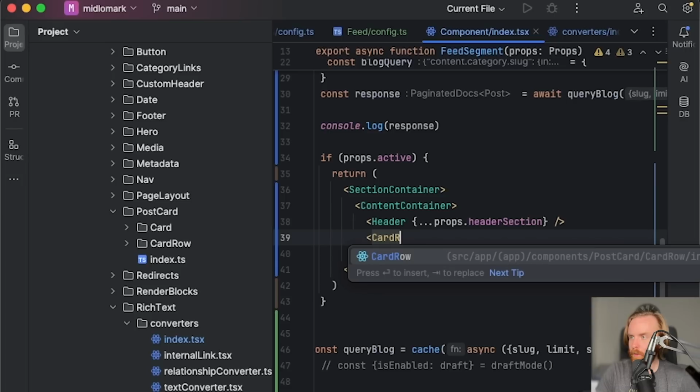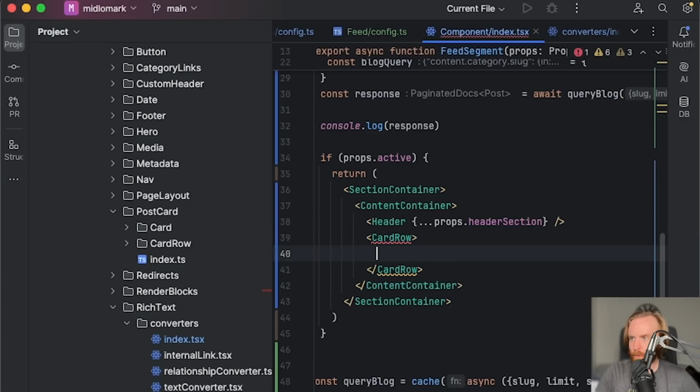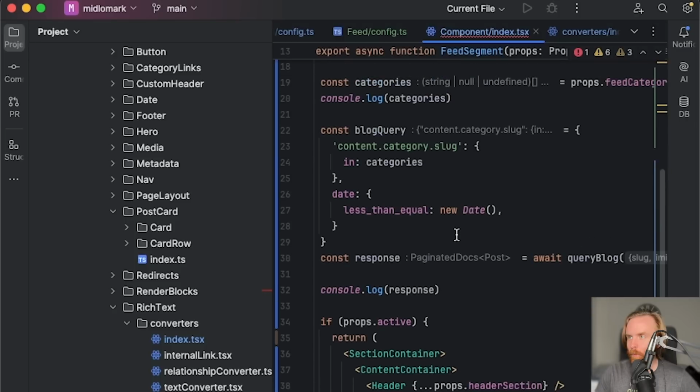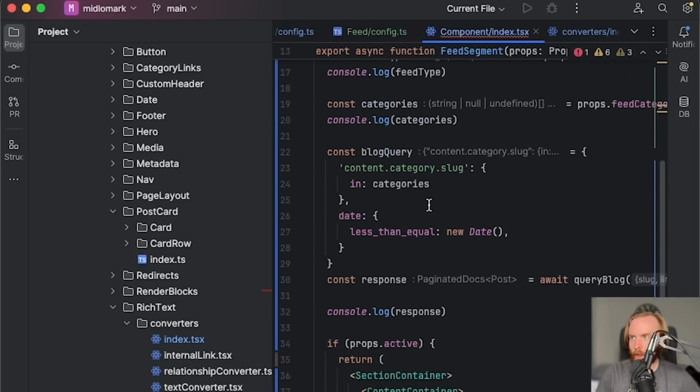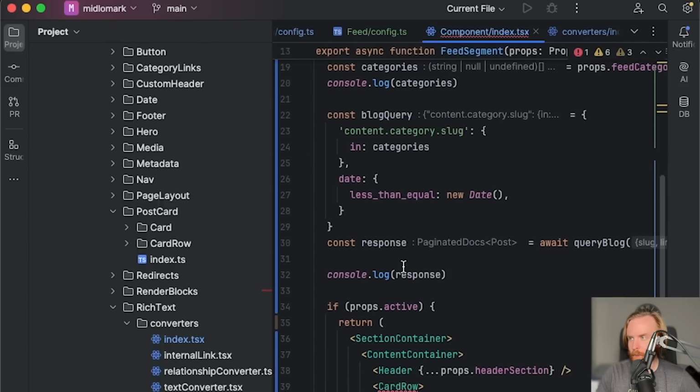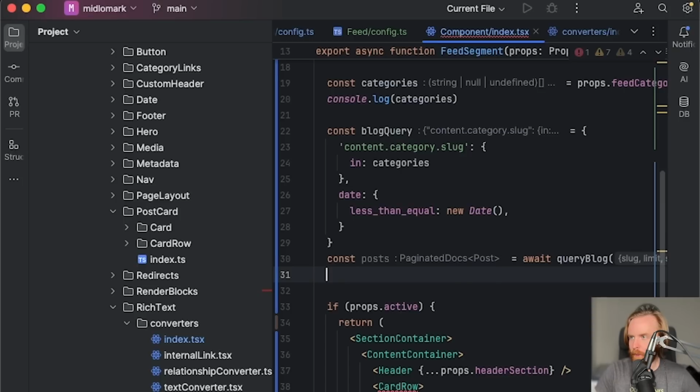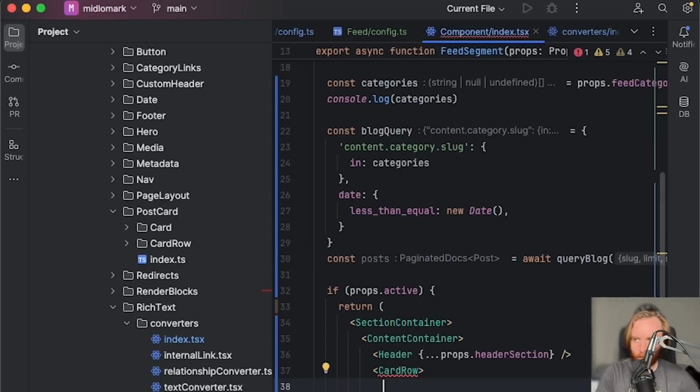So card row, and this is going to take some children, which we will take out of our response here. So let's change response to posts since that's going to be an array. And then we can add our